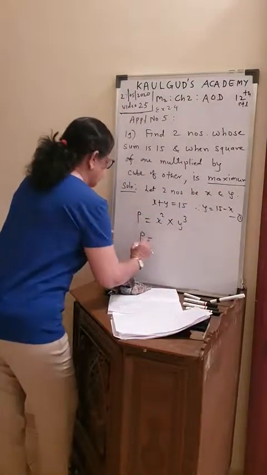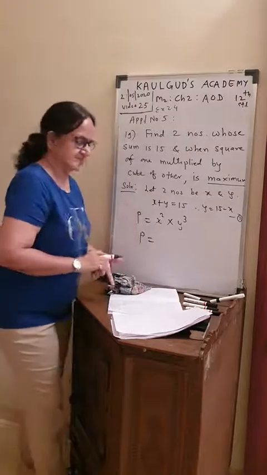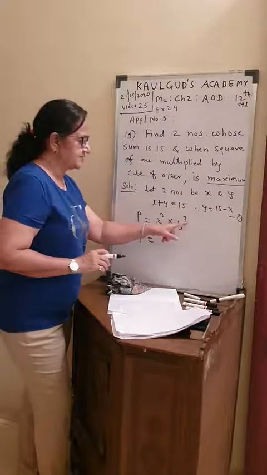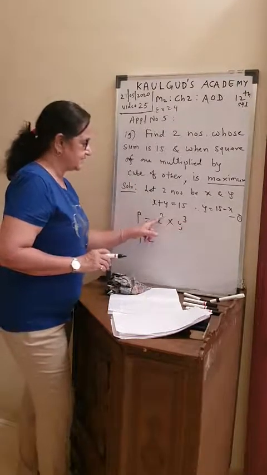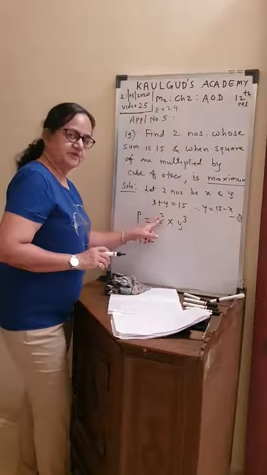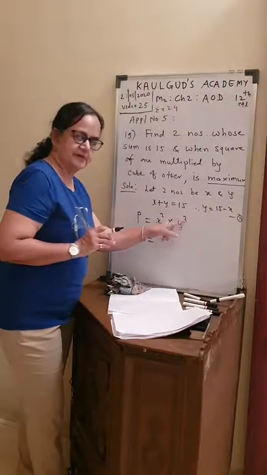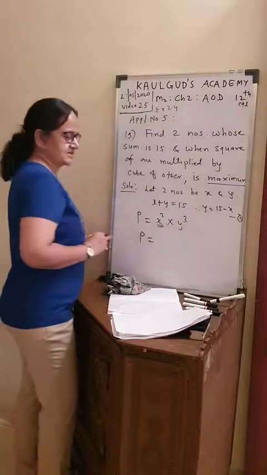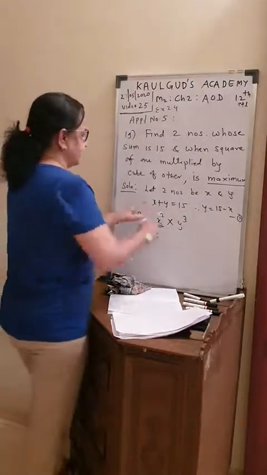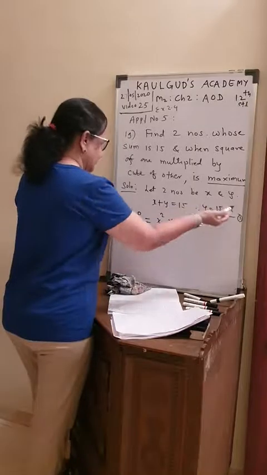No, sorry, here I will take y index as 3 and for x it is square 2. Opening the square you will find easier than opening the cube. So let us this time replace for x and not for y. What is the x value? 15 minus y. Okay, even if you have written that.